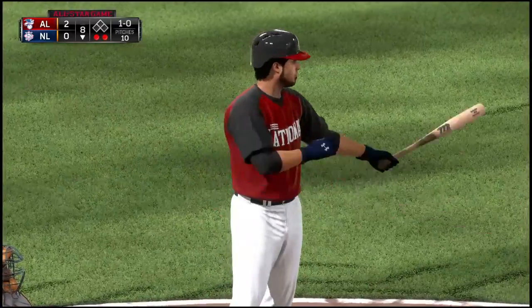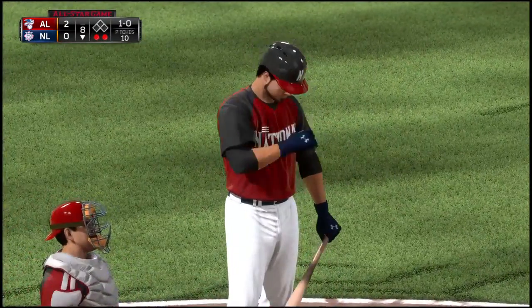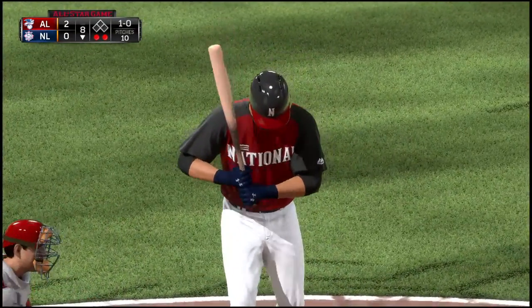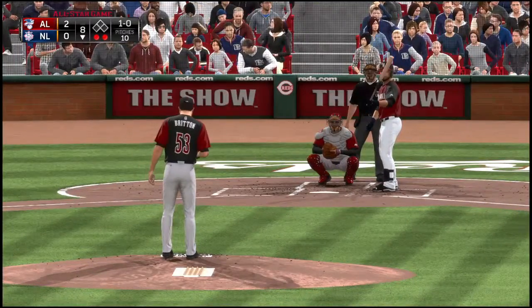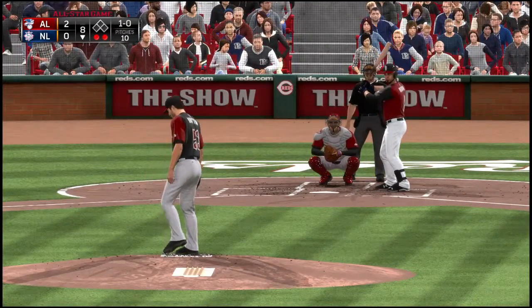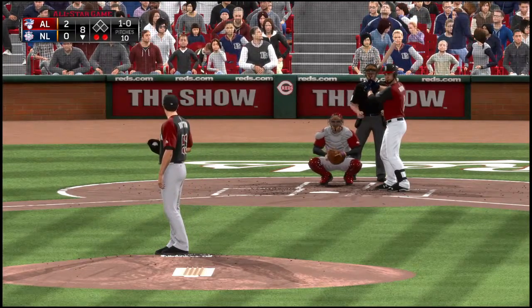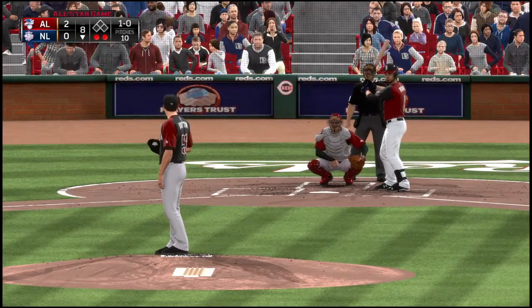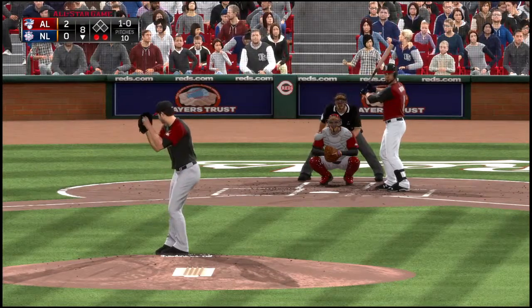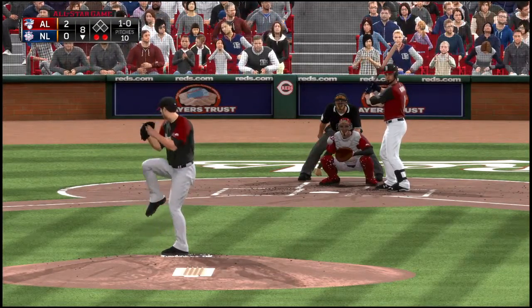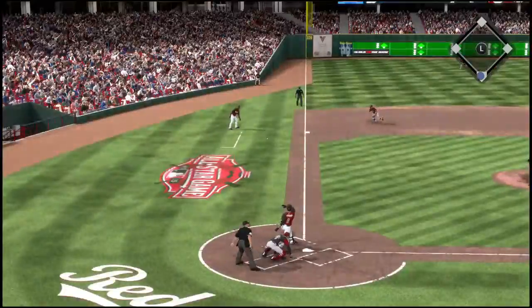Now a fastball a bit too low here. It's ball 1. 1-0. This ball's grounded foul.